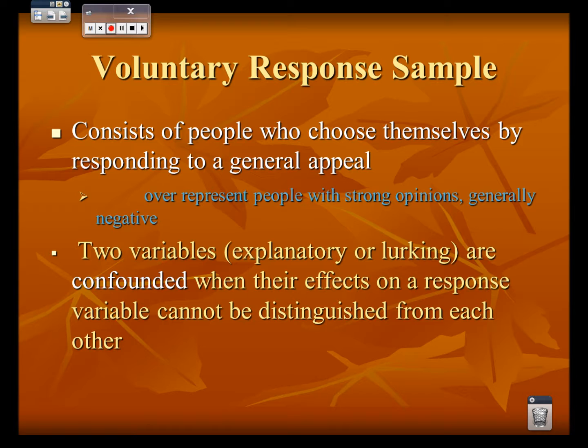We would say he was in a situation where his two variables were confounded. His before and after study had different results, but he was not sure what was causing those, so he was confounded. Was it the propaganda that he let them read, or was it the German attack?